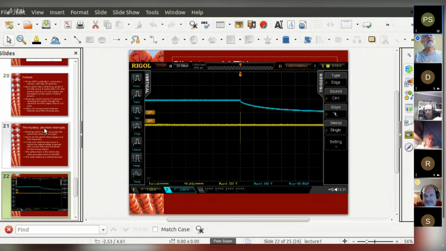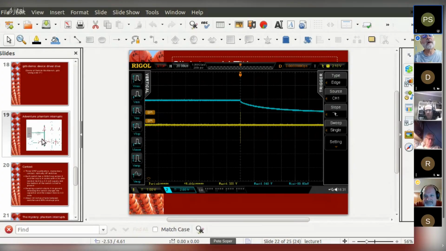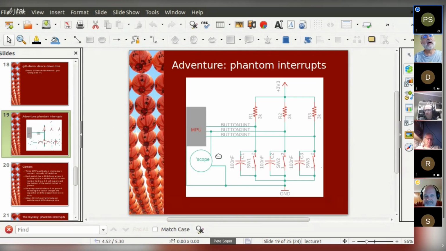How close together are the wires? Excellent question. The reason I'm asking is that you're creating an inductive pulse that's getting onto the other interrupt inputs.